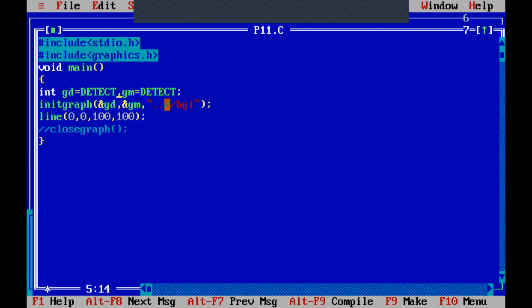But you should know the actual path of BGI, then only you can write it within the double quotes. Otherwise, if you do not know the path of BGI, then you can directly write only dot dot slash BGI. It will automatically find this folder and execute this line. So that is about initializing the graphics output screen by using the two handles GD and GM with the BGI folder.